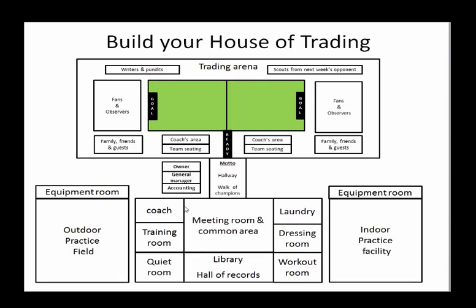And so we get the coach's room for his plan. We've got accounting. We have the general manager and the owners, the head of the organization that are making all the crucial strategic decisions about how we're playing and who the coach is and how we're trading and who the players are.